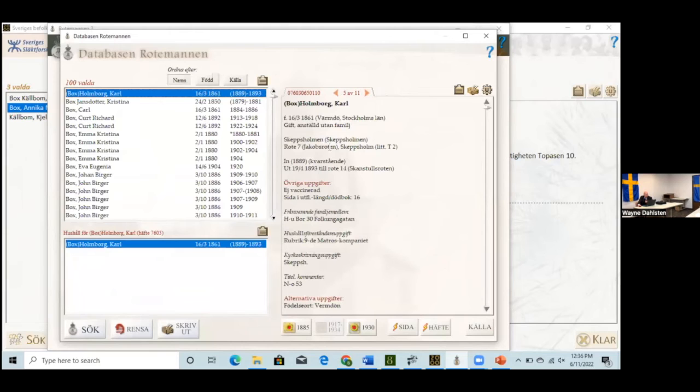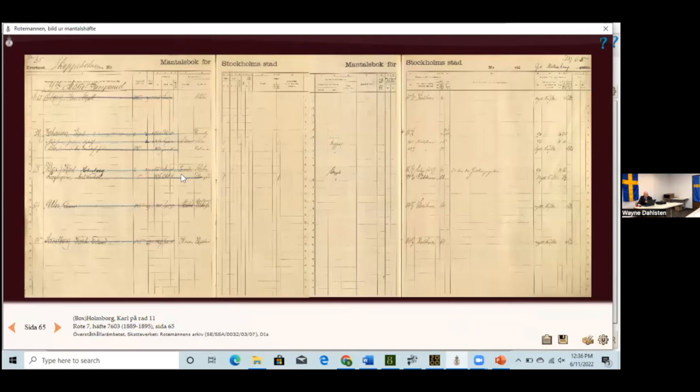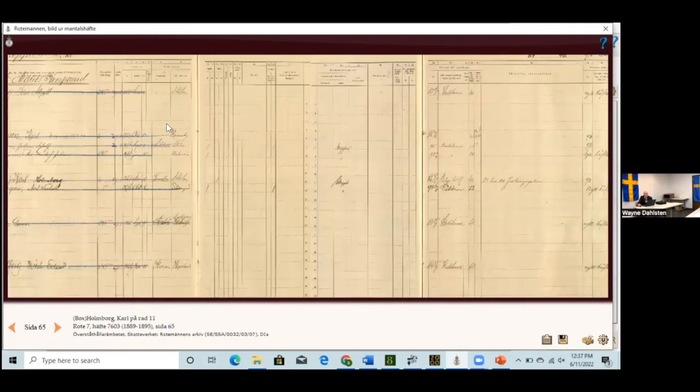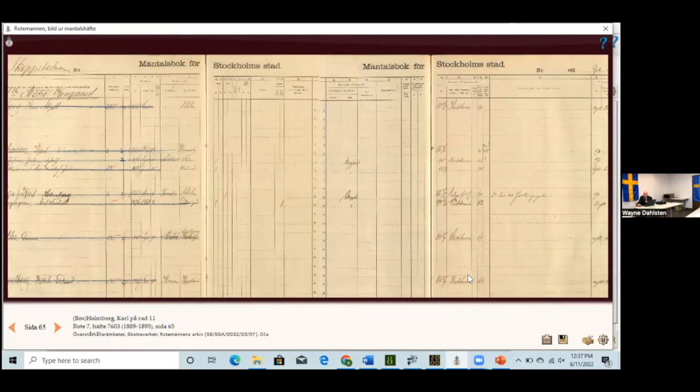And here you see Karl Box Holmborg, and if I click on this, Källa means source, and eventually it will open up and it will show me the actual page of the Rytman information, and then going back,